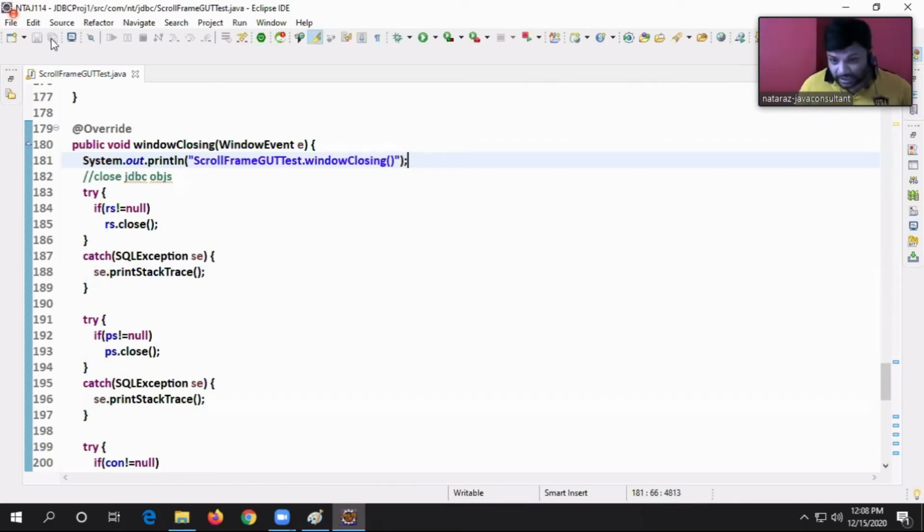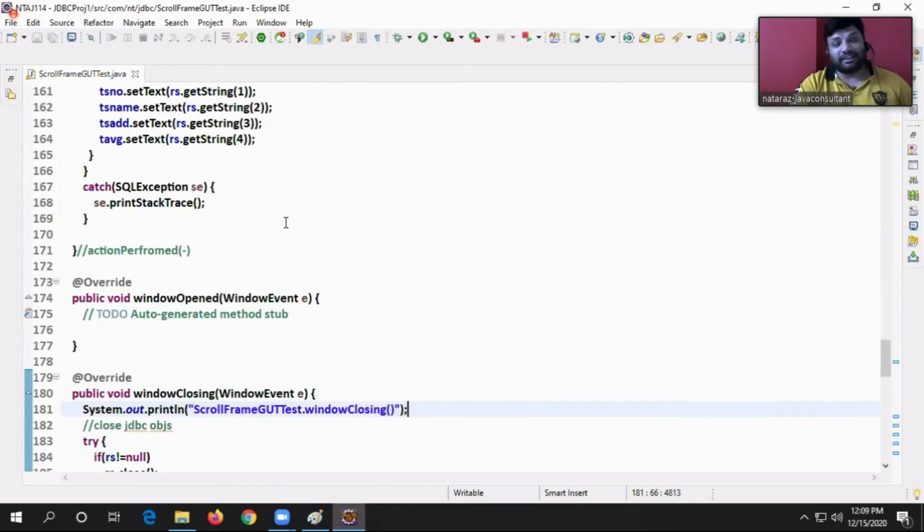To the button I should tell, or to the entire frame window I should tell? A frame window, use current class as window listener. I should tell to entire frame window, right? Okay, tell me.